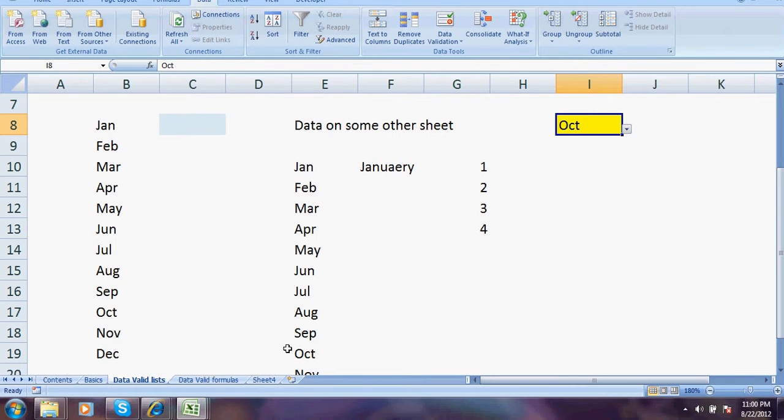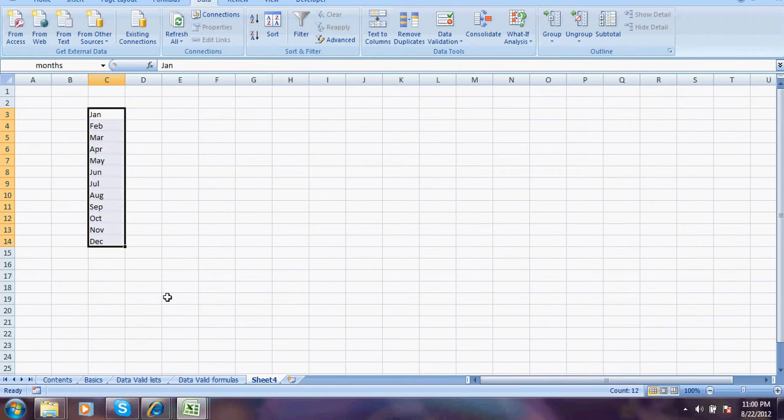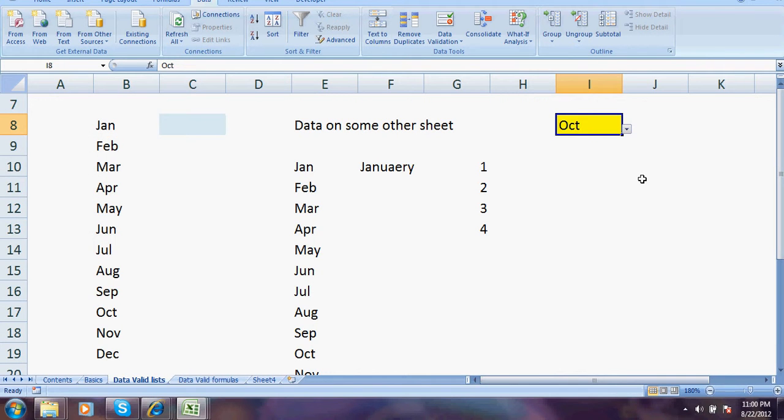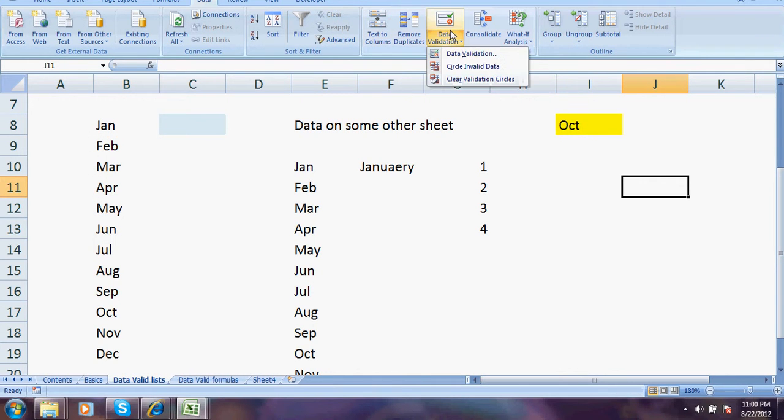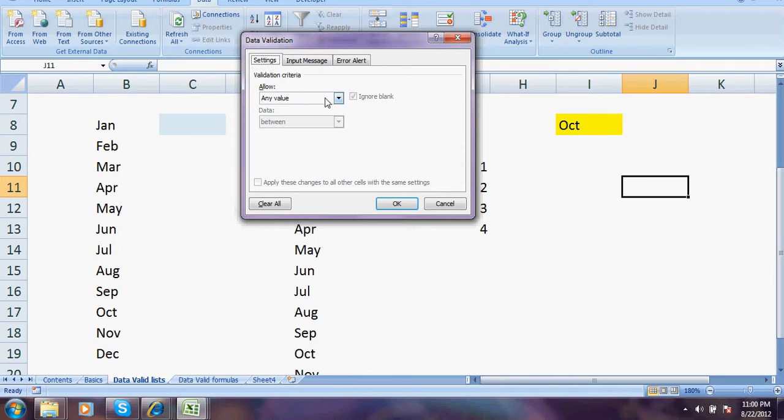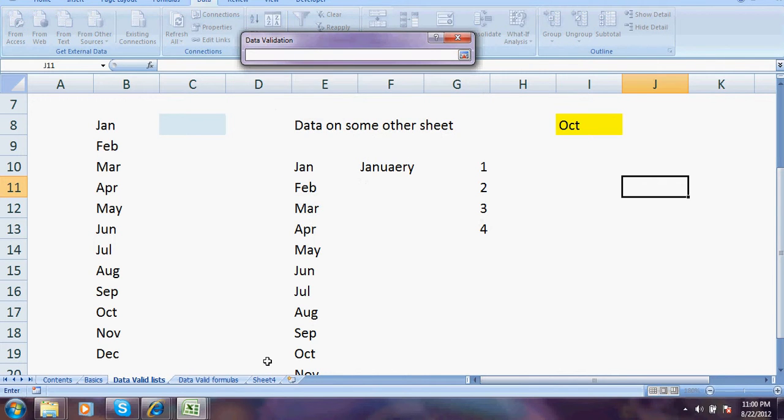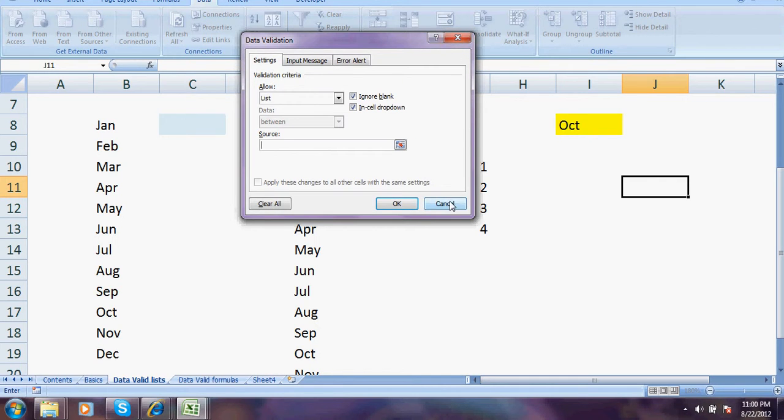Now let's assume the data source is over here and you need to make a list over here. Let's try data validation, list. Excel is not allowing me to go to that sheet 4 and select data from that sheet. So what you have to do,